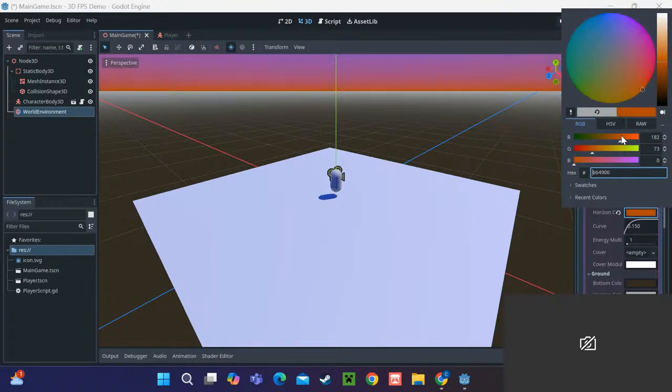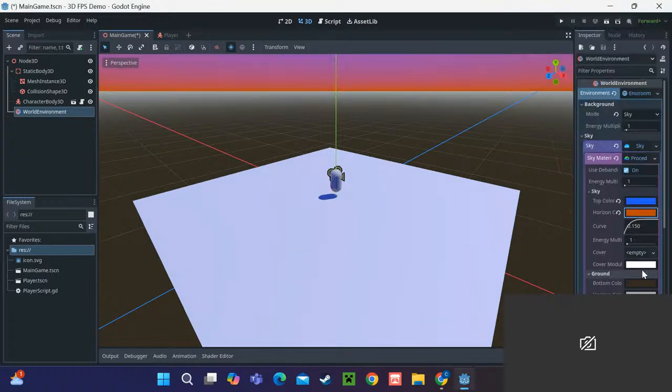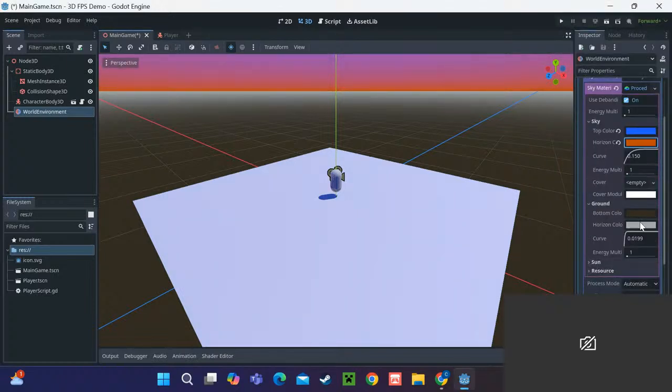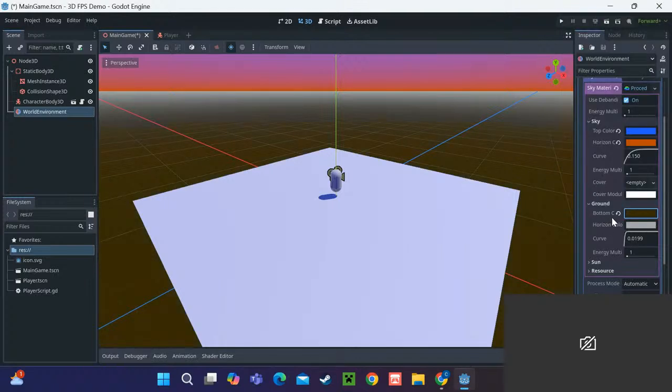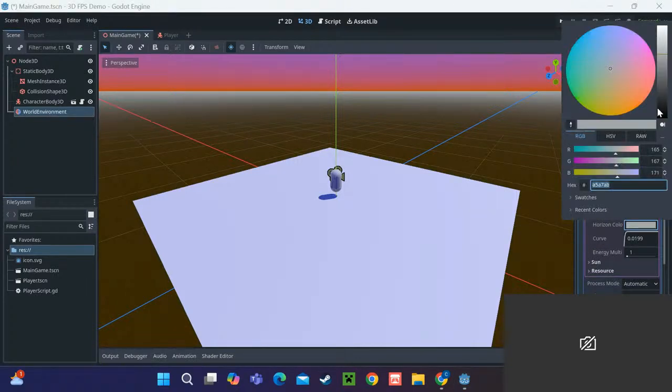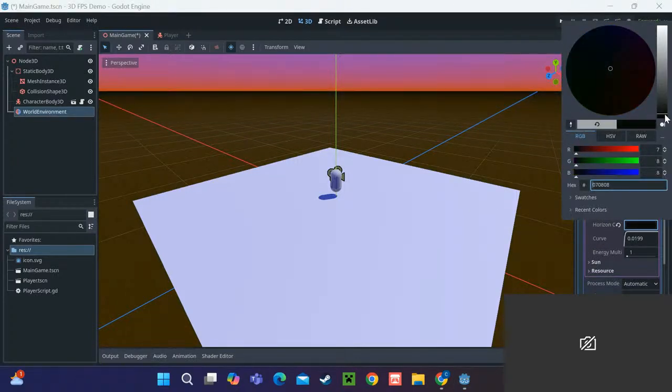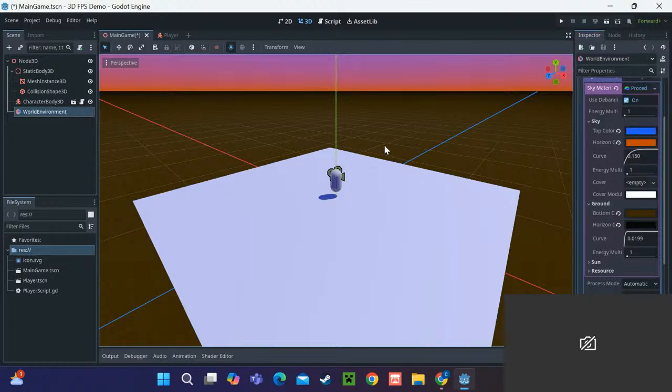So you can just mess around with it a little bit, just to get something that looks good enough for when you try and actually get the game working. And then over here in the ground, similar sort of thing, you can change how the very bottom stuff works. And then horizon color goes towards the horizon. So there. So that gets us something there. And that will mean that when we get this running, we'll at least have something that will be showing on